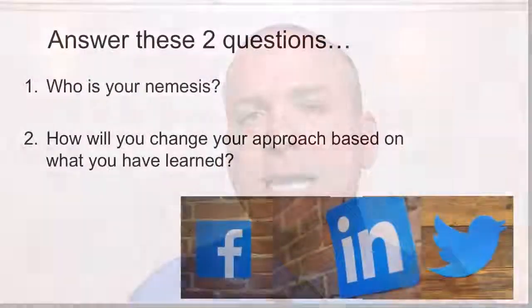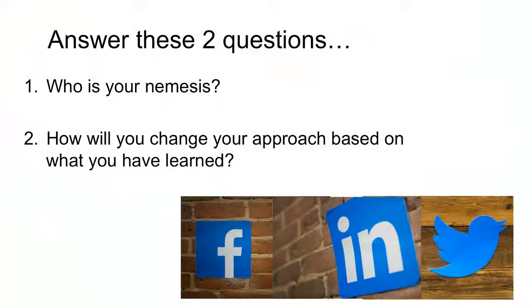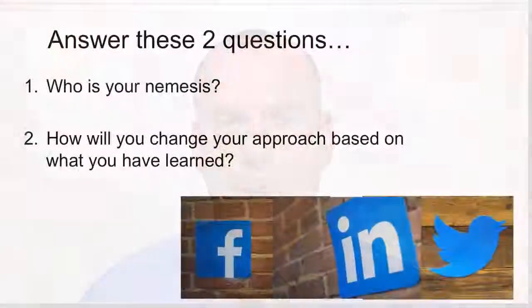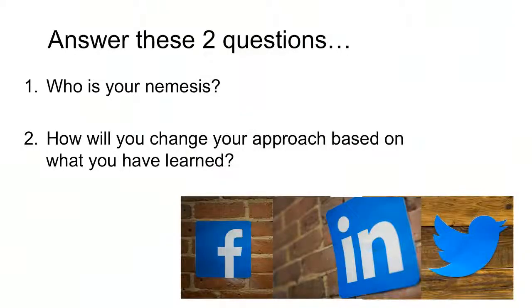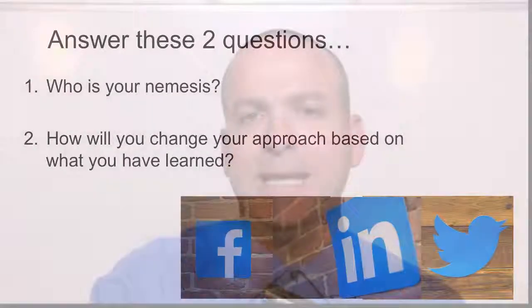Before that, I'd like to ask you 2 questions based on what you learned over the last 3 videos. Who is your nemesis? Who's the one that's always giving you a hard time no matter what's going on? Whenever you ask something, they say no. Whenever you need something, they go find something else. Who is your nemesis? Then, based on what you've learned over the last 3 videos, how are you changing? How are you adapting to meet them where they need to be?